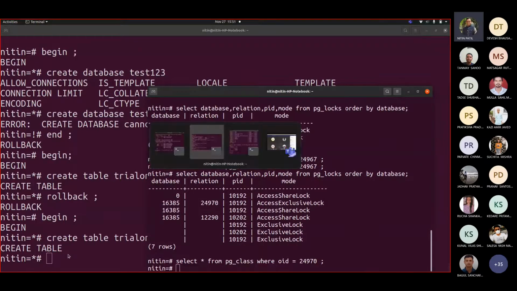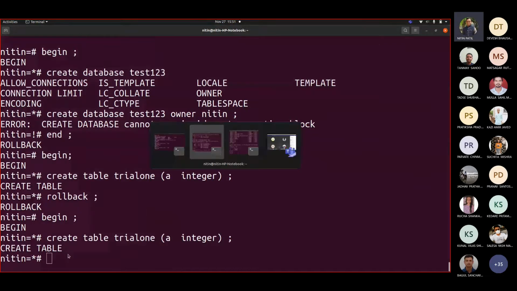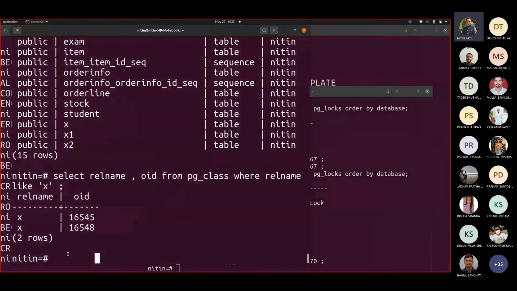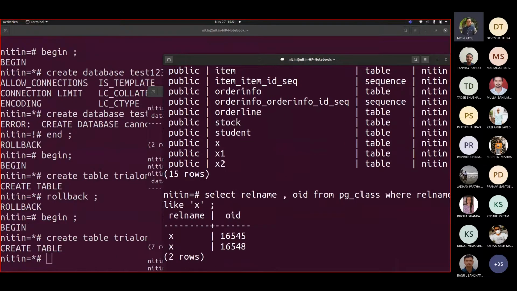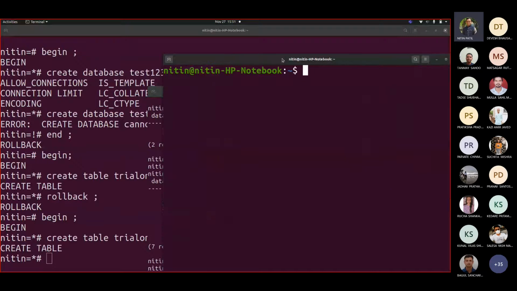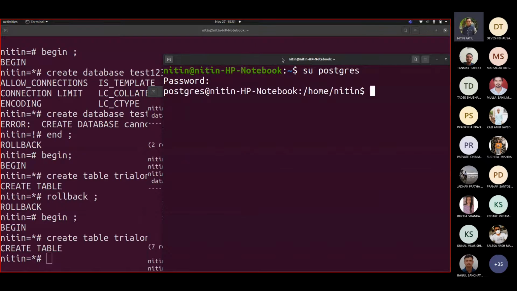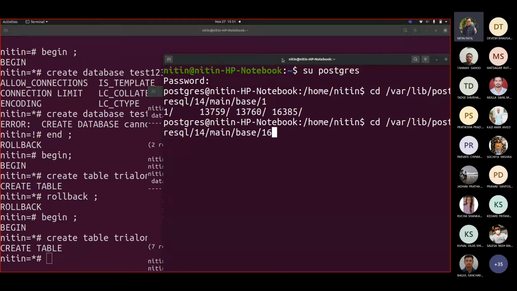So let me go to the third terminal now. This is one, this is second, this is third. Control L. So postgres, cd /var/lib/postgresql/14/main/base/16385, then ls -ltr.